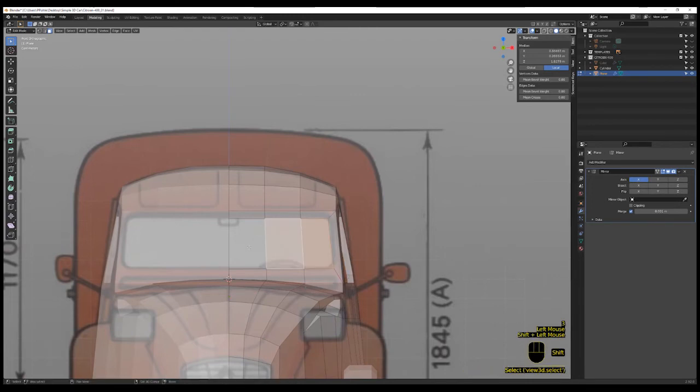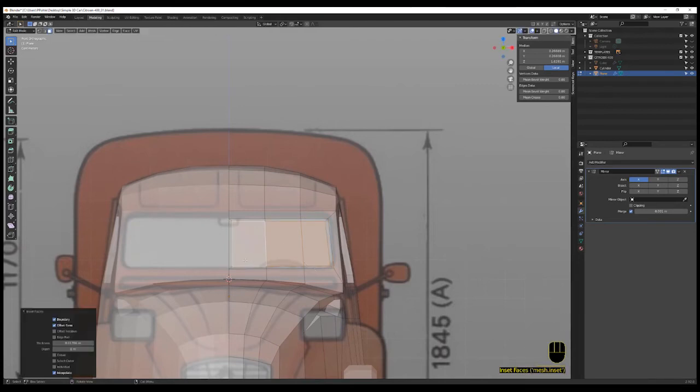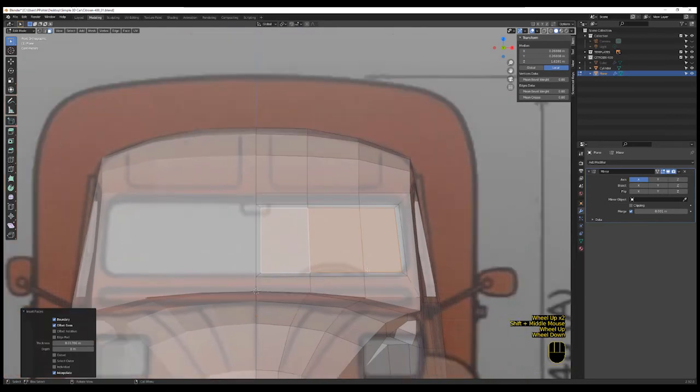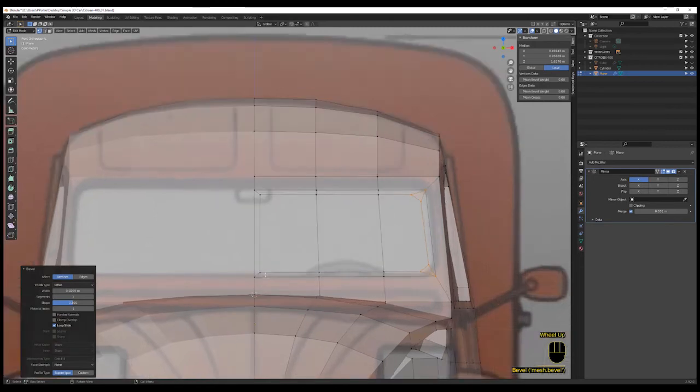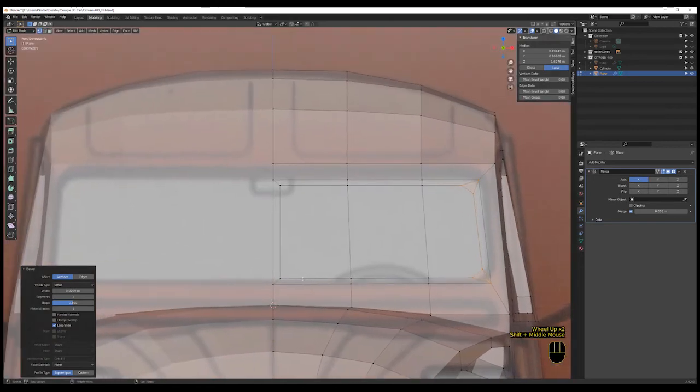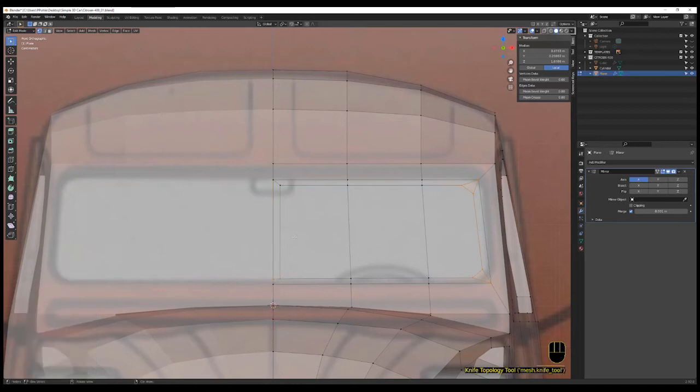So, and then I'm selecting these windows, inset, and I want to bevel just these two vertices, so Control V, bevel vertices, and here we want to connect this, but in order to do that we also need to cut along to extend that edge, and do that at the top too,